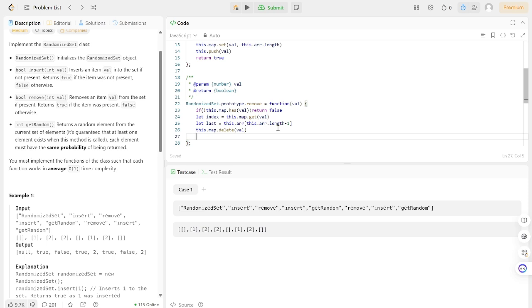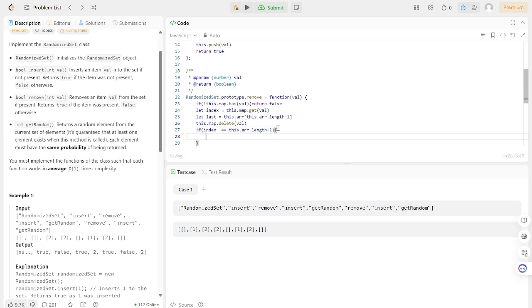If so, we have to swap the values in the map, because we know we're deleting one that's not last, so we set a different one to the last one, if that makes sense. So if index is not equal to this.array.length - 1, then